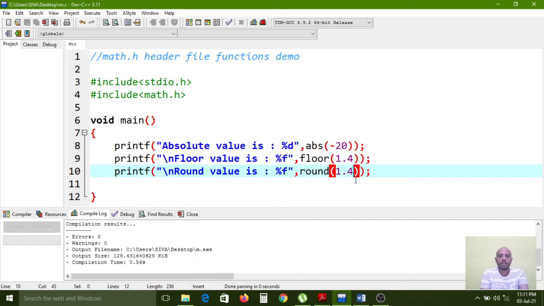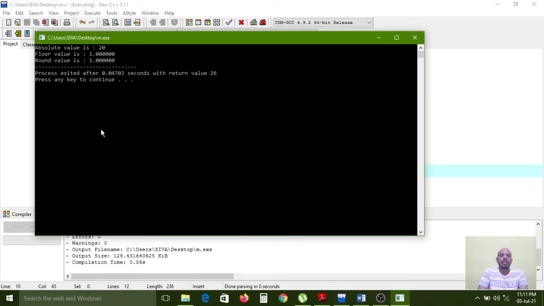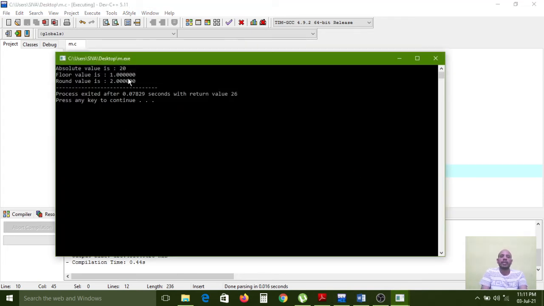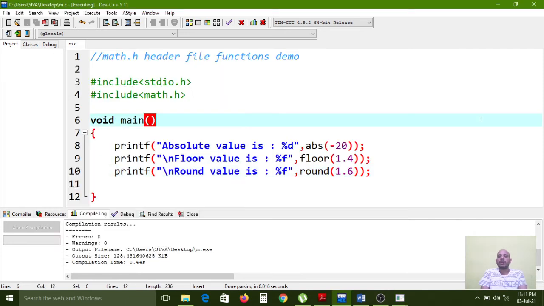So now I am compiling. Now I am executing. It will round down the value to one. So if I have 1.6, then it will increase the value up to 2. Now I am compiling again. Now I am executing. So the value becomes what? Round value. It rounds up to the greater value, because here I passed 6 after the point. So 6 to 9 it will go greater than, but for 1 to 4, 1 to 5 it will go less than. It will do the less than operation to round the value.